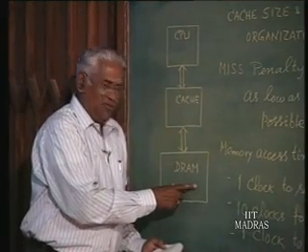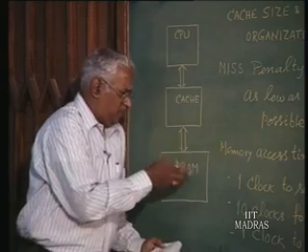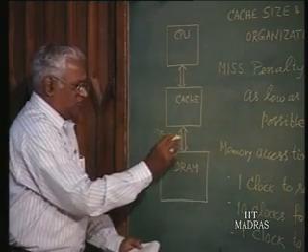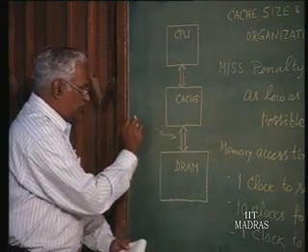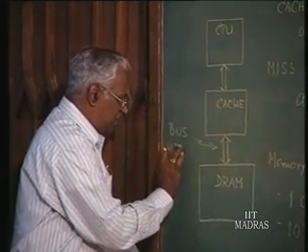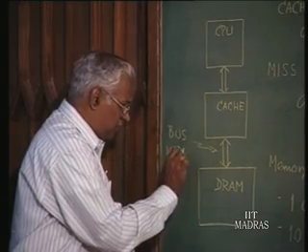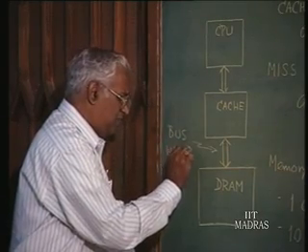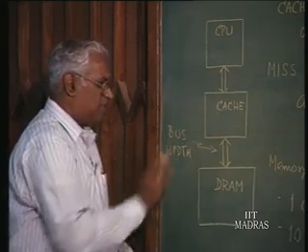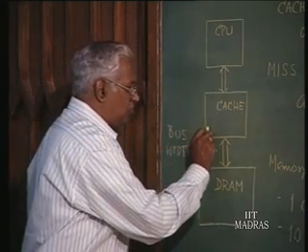Whatever is accessed from memory, we will assume the bus width is such that whatever is accessed is passed on to the cache. Okay, some assumptions. So, let us see,